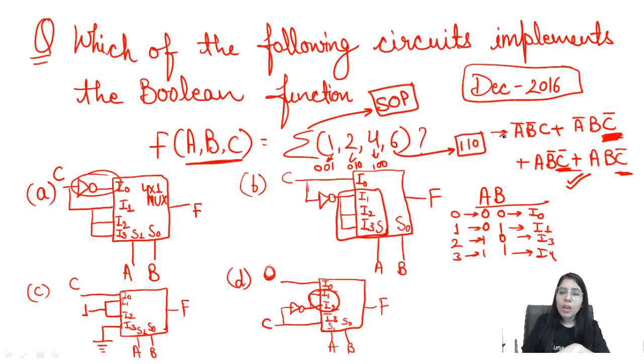Okay, and the first one is non-complemented, that we are getting at the I naught side. When A and B both are 0 0, that means A bar B bar, then the output will be only C. But when you are taking all the other three cases, the output will be C bar, that's present in option B. I hope each and everything which we have discussed in this session will be clear to all of you. And option B is going to be the right answer for this question. How? We have talked about all the possibilities and completely we have considered it. Clear? So thank you so much everyone for watching this video till the end.